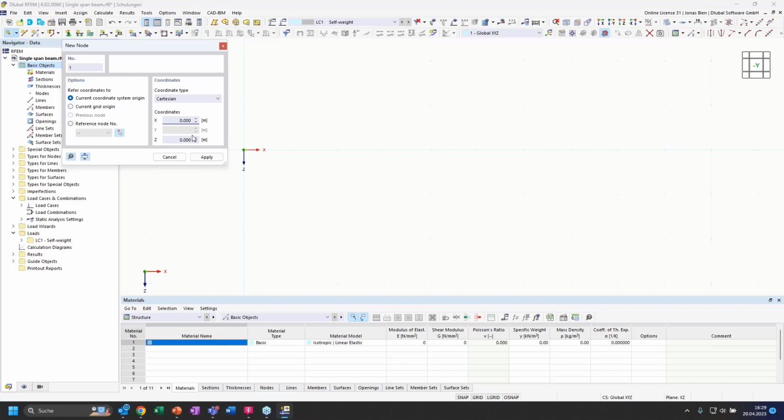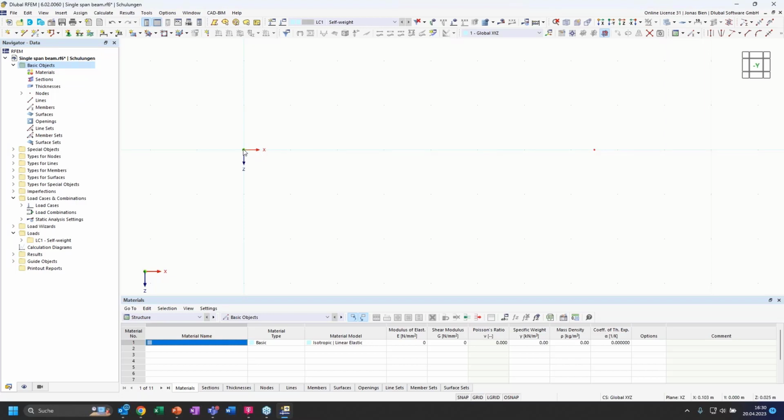One will be in the origin of our workspace. I click apply if I'm satisfied with the coordinates, and then the second node will be 7.5 meters in X direction. So I will enter 7.5 meters and hit the apply button again to create the second node. As we can clearly see the second node that has been generated, but the first one is somehow hidden between this